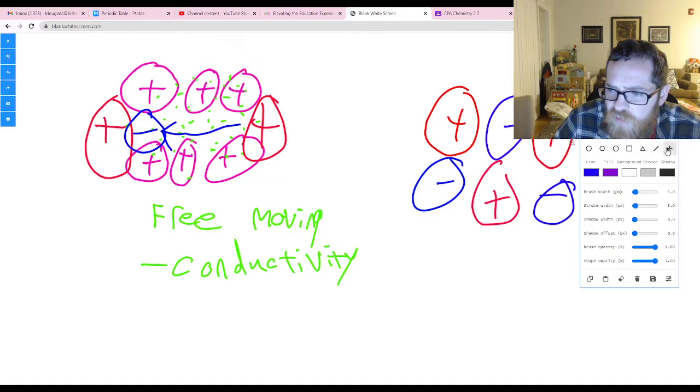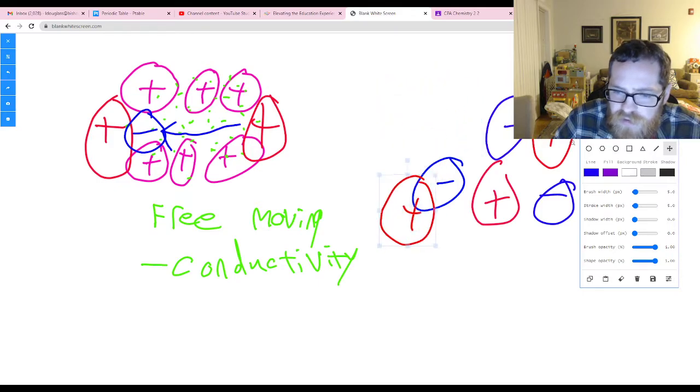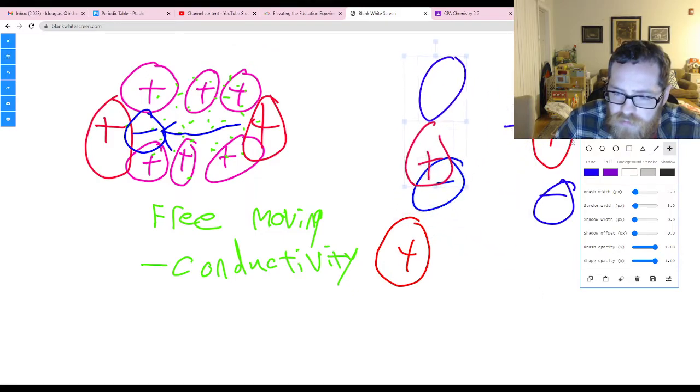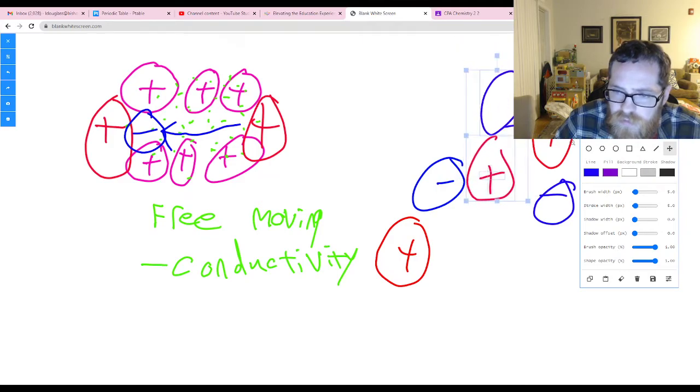So they're kind of stuck where they are. However, if you were to melt an ionic compound and make it a little more fluid,